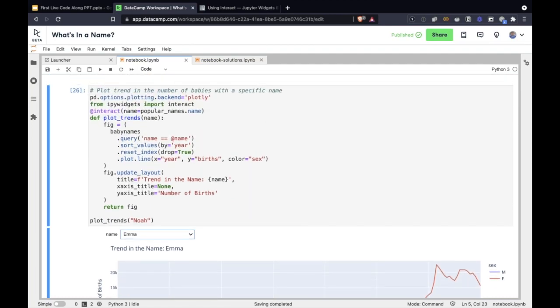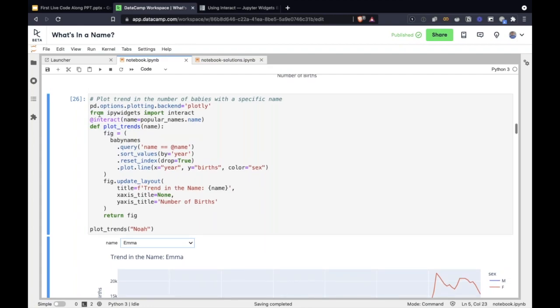And just to recap it for those of you, because I had to switch to a different screen, what you need to do is import interact from IPy widgets, which is the module. And then this is a decorator in Python. What we're saying here is that, for this function, please use the interactive method. And these are all the names that I want you to provide. IPy widgets automatically figures out that we are providing a list of names, so it gives you a dropdown.